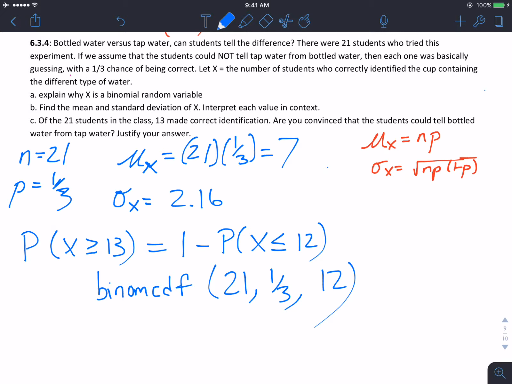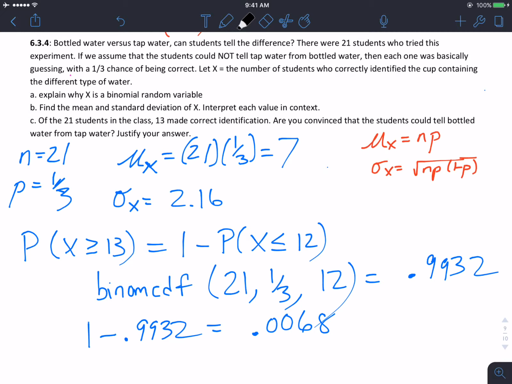And essentially what this ends up giving us is 0.9932. So if we do 1 minus 0.9932, we get 0.0068, or